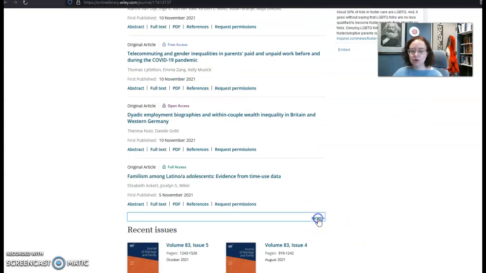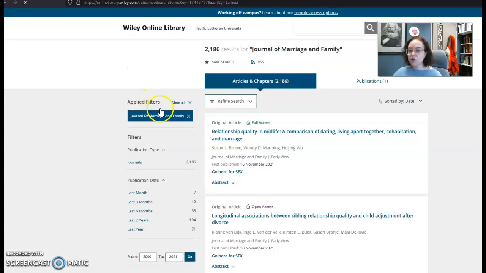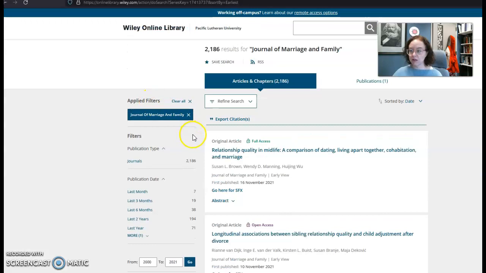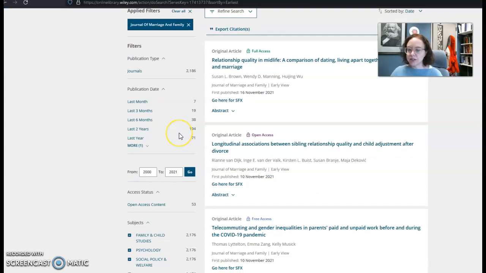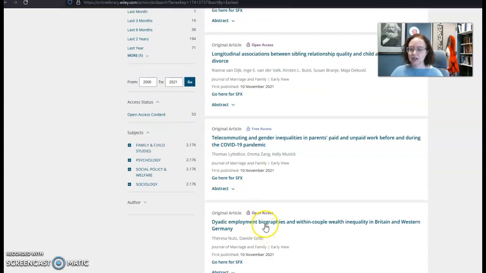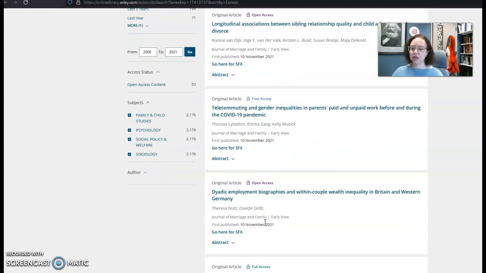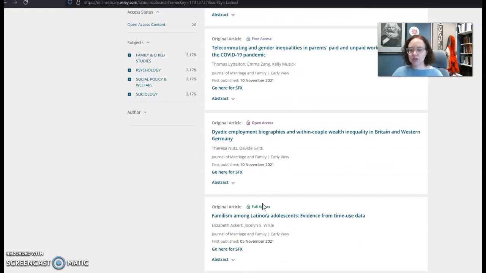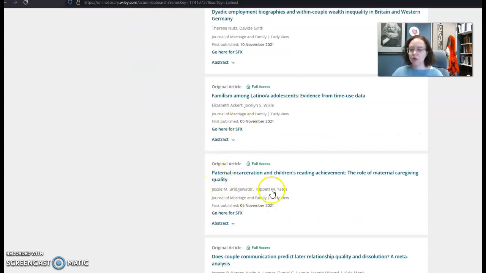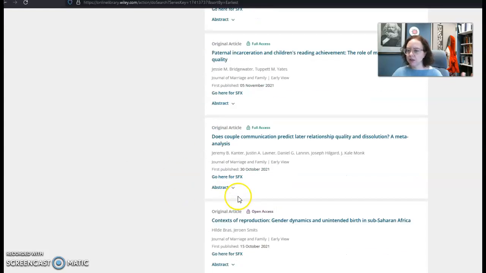And so you can go through and look issue by issue to see if there is something relevant to you. You can also search within, and just make sure, unlike the mistake that I just made, that you're searching within the Journal of Marriage and Family. But oftentimes, again, I will read here just to see what people are saying, right? So it's like, oh, I actually don't know anything about within-couple wealth inequality in Britain and Western Germany. So let me see what conversations are going on there. Let's see if there are more people looking at those things if I want to look at, say, cross